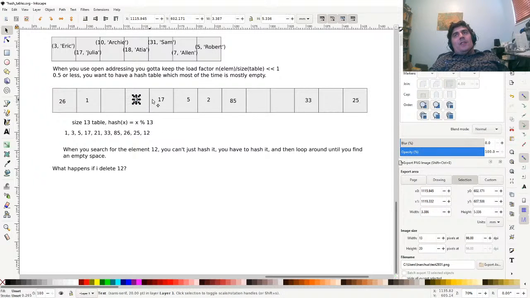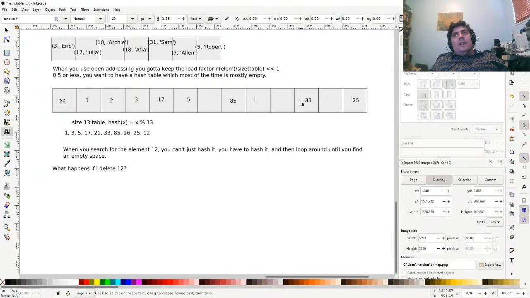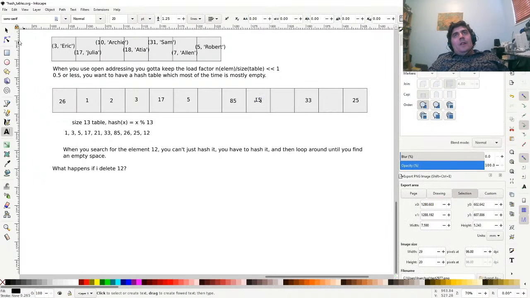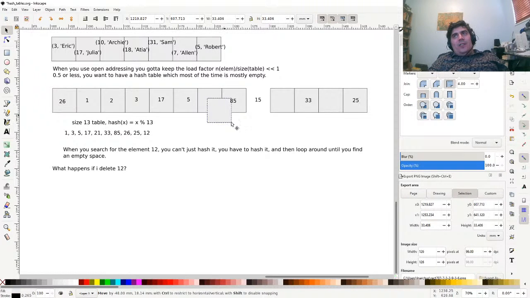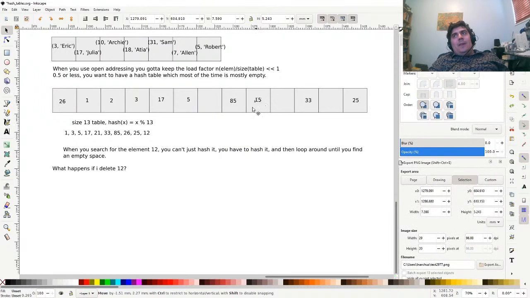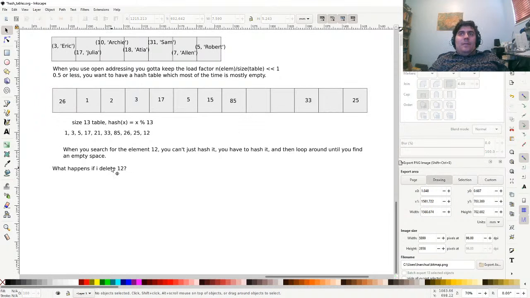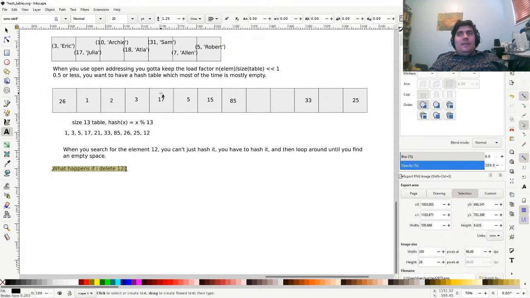Does 3 match this key? No. Does 17 match this key? No. Does 5 match this key? No. Does 2 match the key? Yes. Shift it back. And if I had a 15 here, 15 would also match this hash key, so I have to keep searching. 85, do you match the hash key? No. 15, do you match the hash key? Yes. Shift you back. So basically 2 and 15 have to shift back